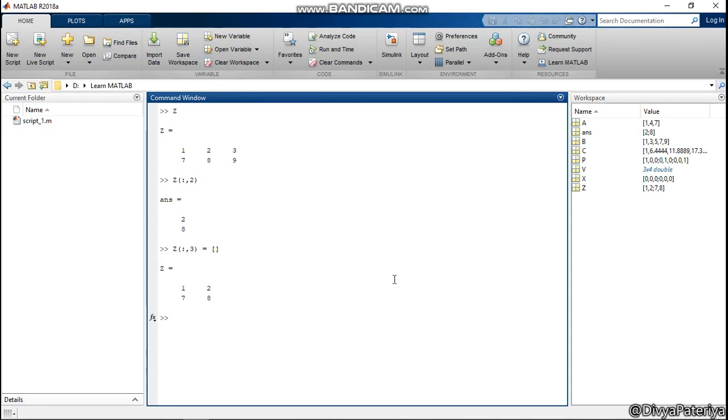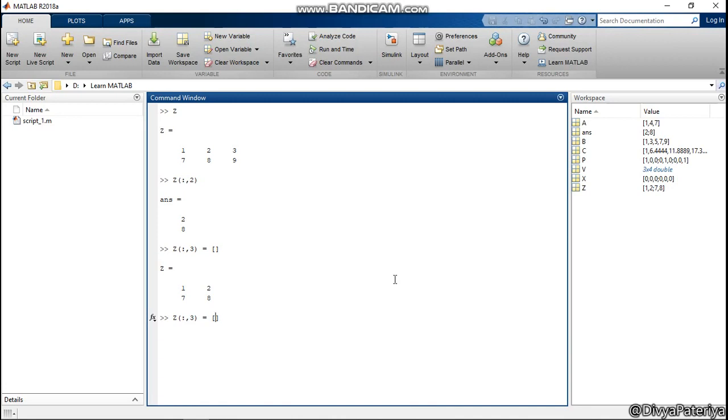And now if I want to restore the third column of the matrix Z with some other elements, I will write Z, brackets, and in the third column I want to add the contents in all the rows. I will give the third column and the content that I want.